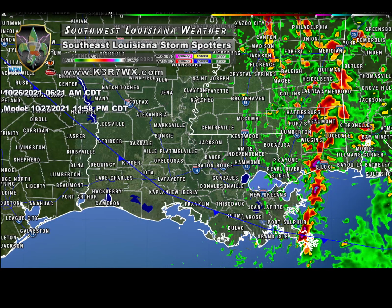HRRR shows a little more intense activity than the NAM 3K. I'll go with somewhere in between the two as far as intensity goes. So again, have multiple ways to get